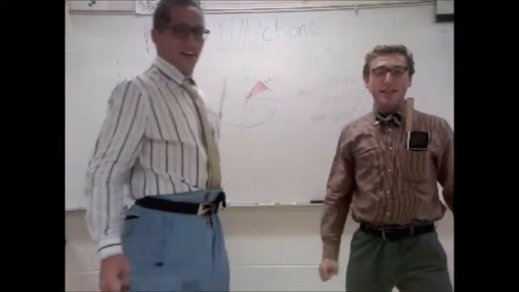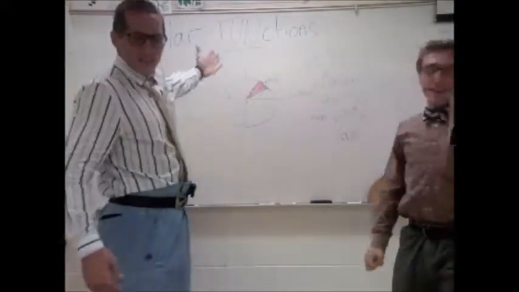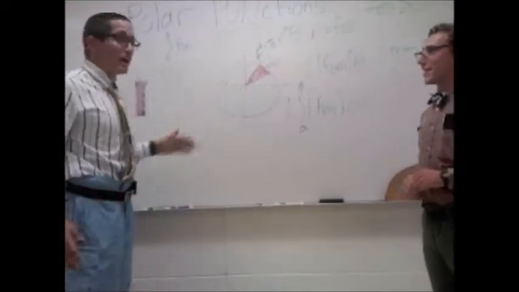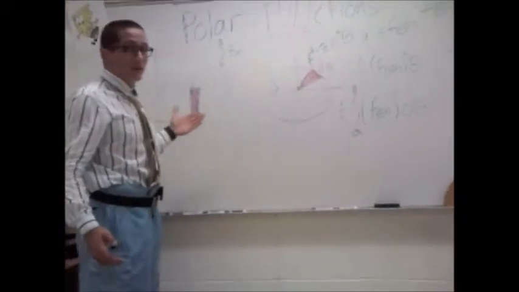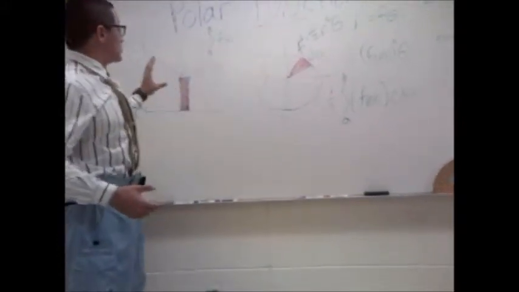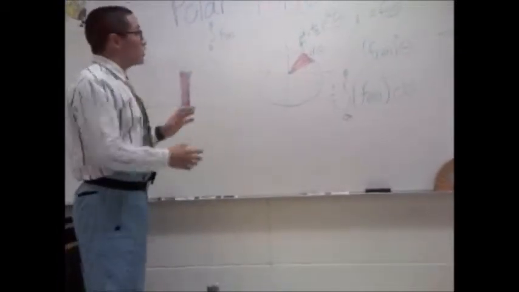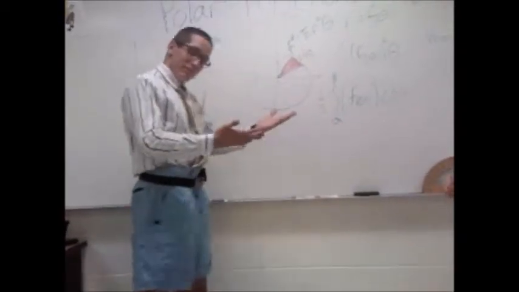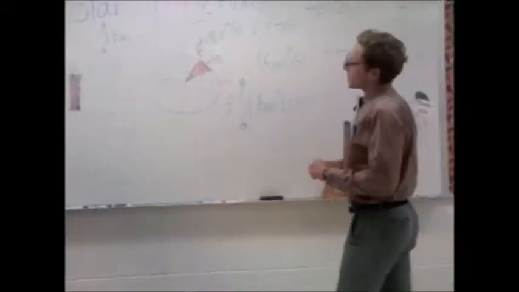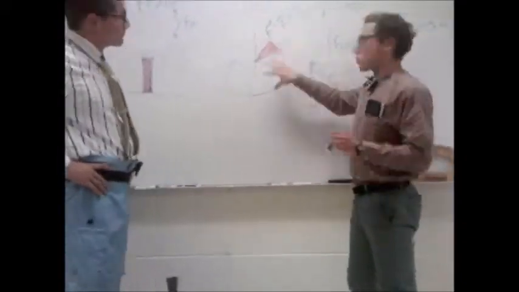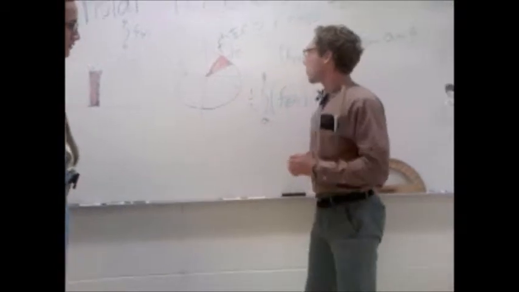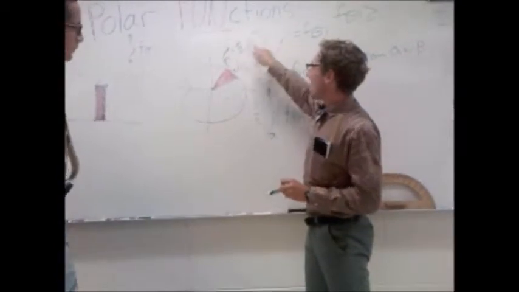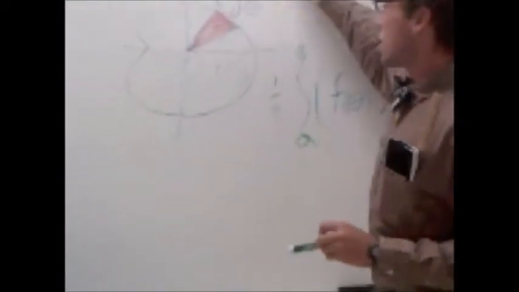Hey! Now we're on to taking the area of polar functions. To take the area of a polar function is much like taking the area of a function on a Cartesian plane. Right? You take dx, which is your slice of pie on the Cartesian plane. The only difference is, for your polar function, it's going to be d theta. Okay, so when you have d theta, basically it's a slice of pie that you take the area of the curve on your polar function. Okay? So each slice, d theta, has an area of 1/2 r squared, which is the radius, times theta, which is how big